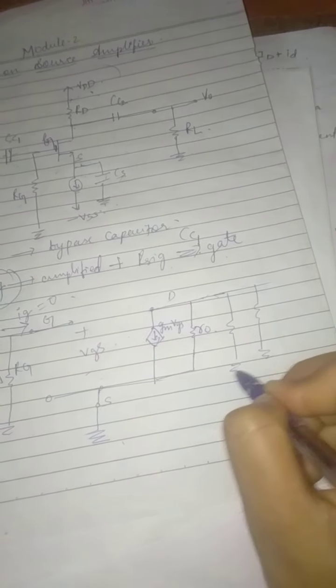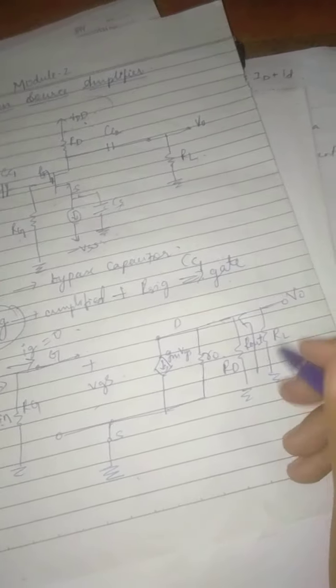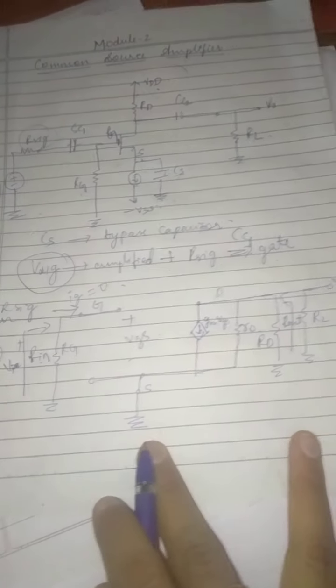Now, moving on to the drain part, we have the resistances RL and RD. When we see these, they are connected in parallel, so I will connect the same thing here. Are they appearing in parallel? Yes. This is RD, this is RL, and the output will be taken over here. This is nothing but our output resistance Rout. Fine, so this is about our circuit.